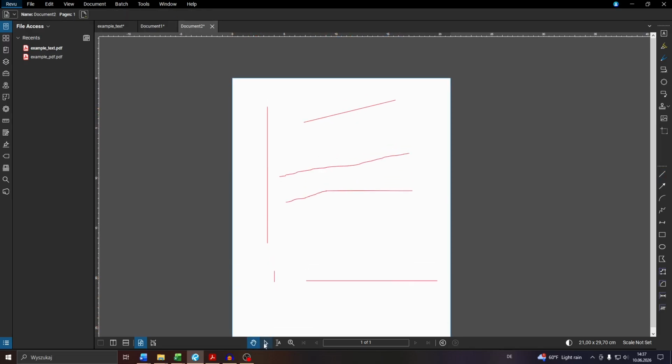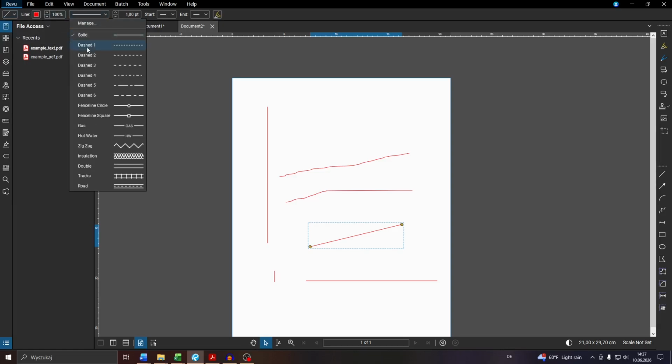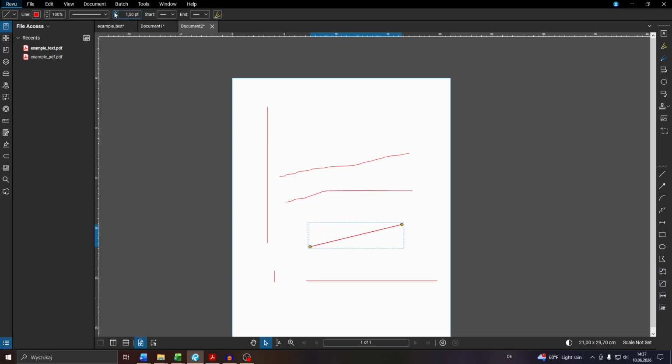So let me switch to the select tool, click into the line, and now you can reposition it, for example, and also go through these line formatting or line customization options at the top, like change the line color, for example, again, the opacity, the line type or style, for example, switch to dashed line or zigzag, or I don't know, any of these. And again, just the stroke weight here,